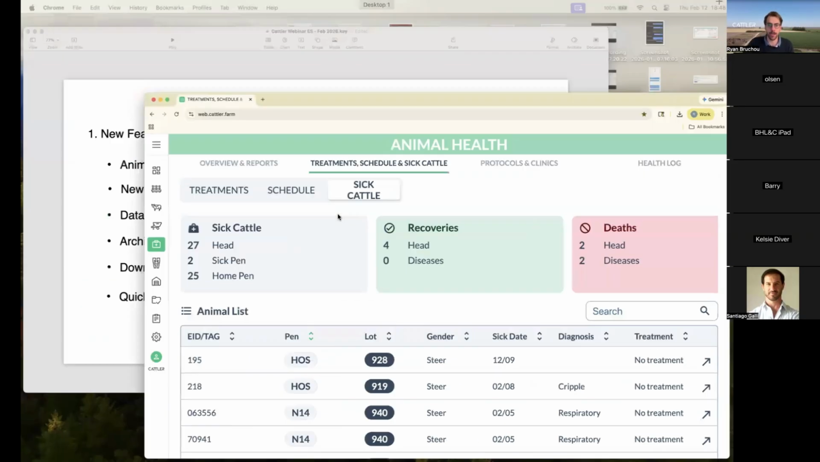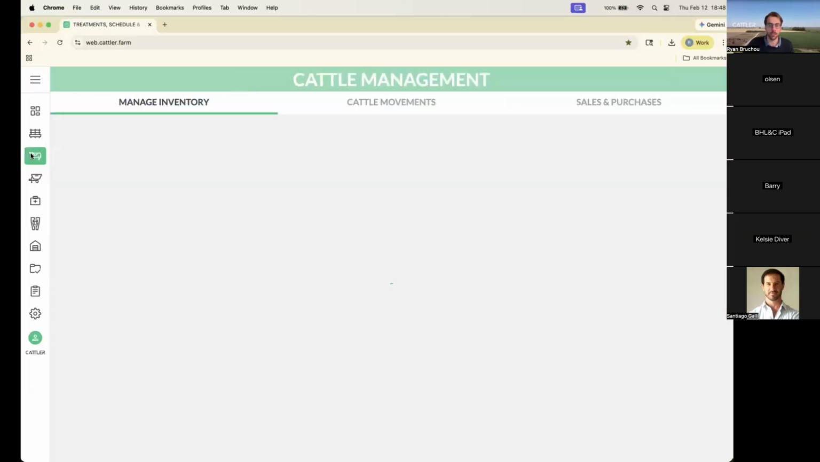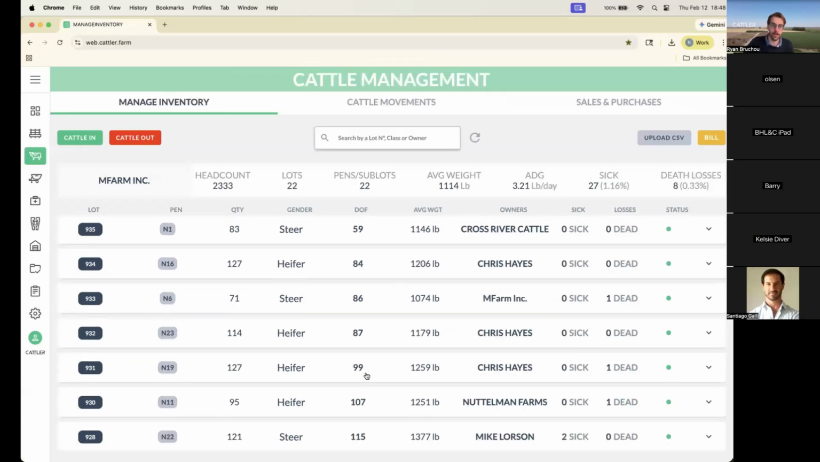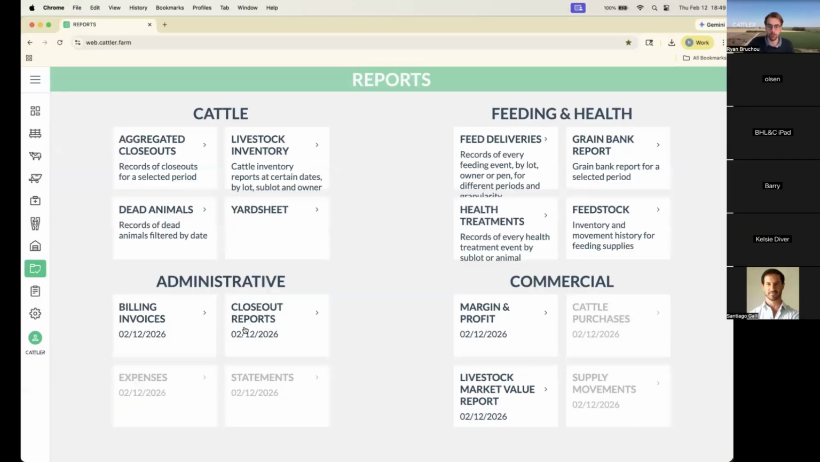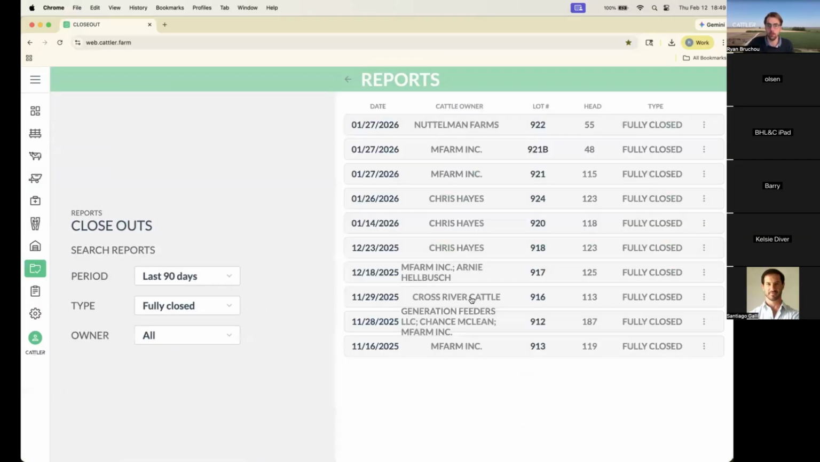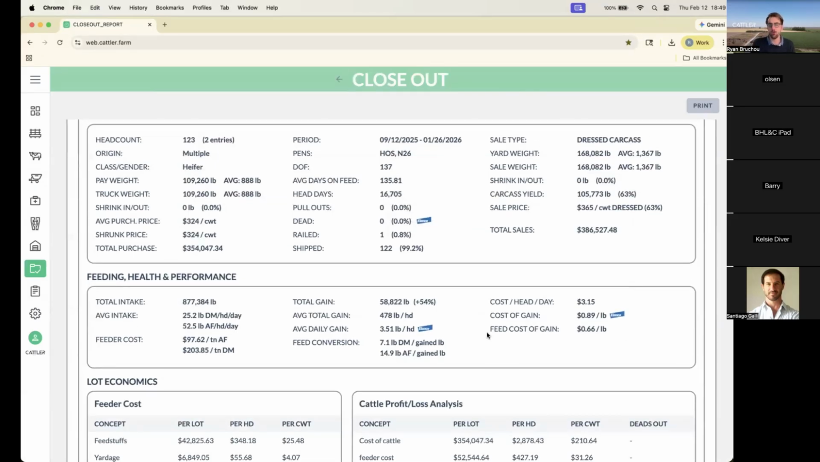So this is one of the big elements that I wanted to talk about. Secondly, I wanted to talk about the new closeouts. These new closeouts can be found either on the cattle management page or on the reports. So if you were to go onto the different reports, and if you want to go into any of these reports, you would now have a much more detailed report of everything